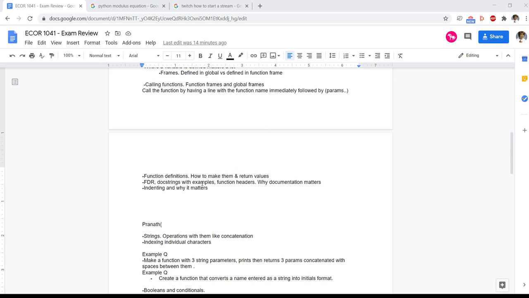So back here, a function design recipe, documentation matters a lot. The reason why is because it's very rare that you'll ever be working on a software project completely alone. You will need to collaborate with a lot of your peers, typically. And when you collaborate with your peers, you want to have good documentation so your peers know what's going on. If your peers don't know what's going on, well, it's going to be hard to collaborate properly, and you're probably going to crash the boat, and you don't want to crash the boat.